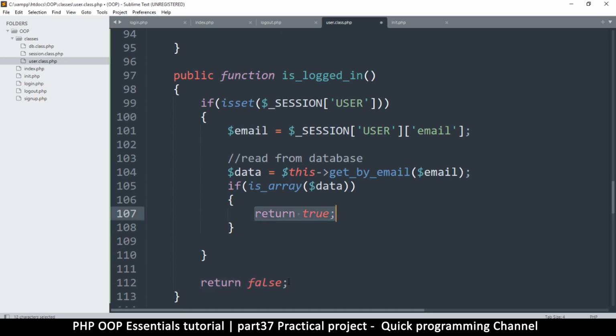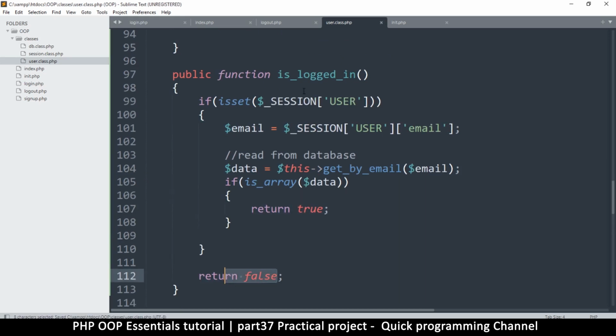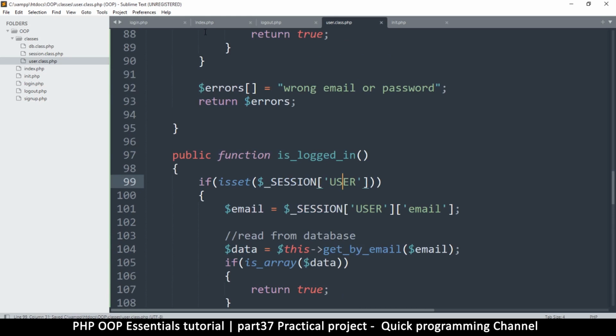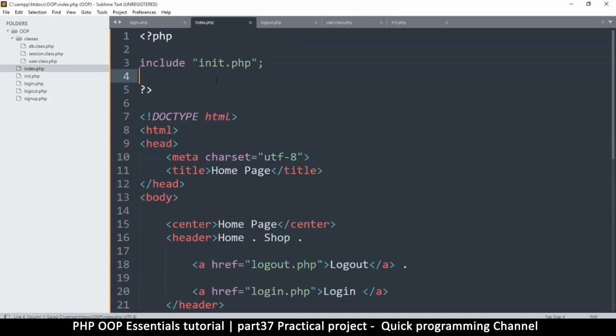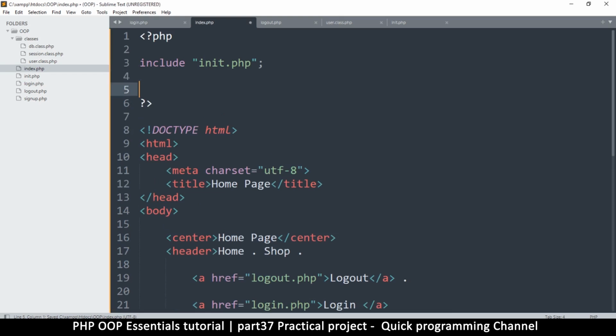Either we return true here or return false. Good. So isLoggedIn is inside the User class. So copy. Now all I need to do is go to the index page. So wherever the page is that I want to check if the user is logged in, what I need to do is just say